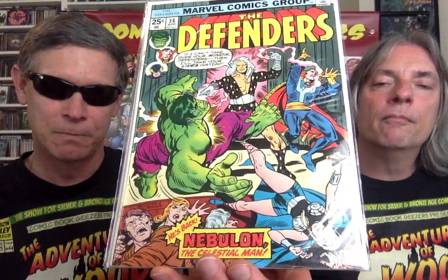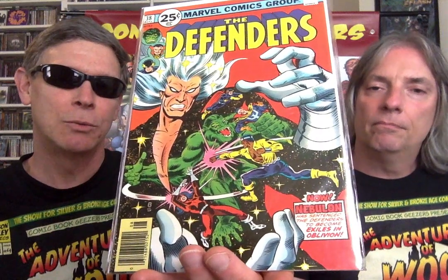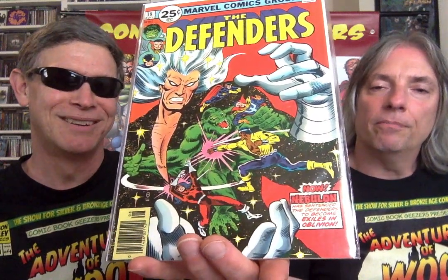Two more I'll show you. One of my original Defenders from my friend Tony, Rich Buckler cover. That's issue 34. This is issue 38 with Nebula. Great cover. And while I'm showing a few, why don't you crack one of those open,